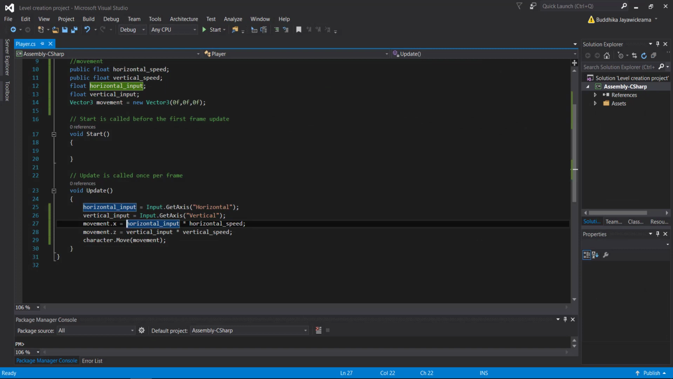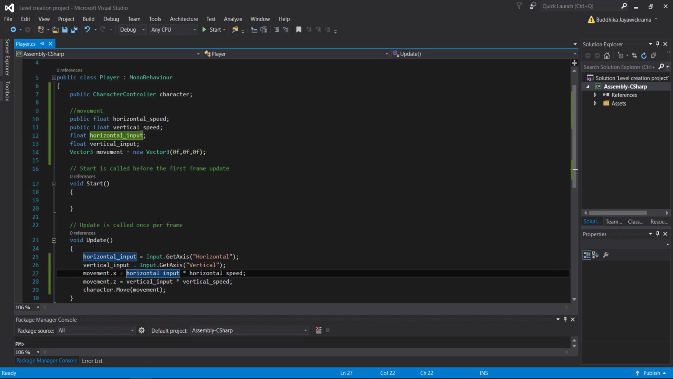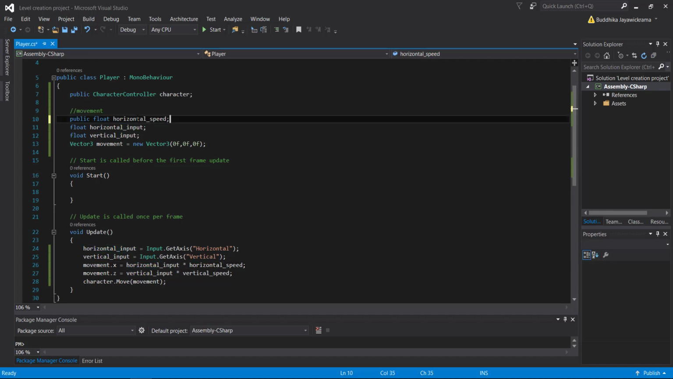It's better to have a single variable to control the movement speed instead of having two speed variables. So let's make one movement speed variable and then refer to it in our update method. Okay,